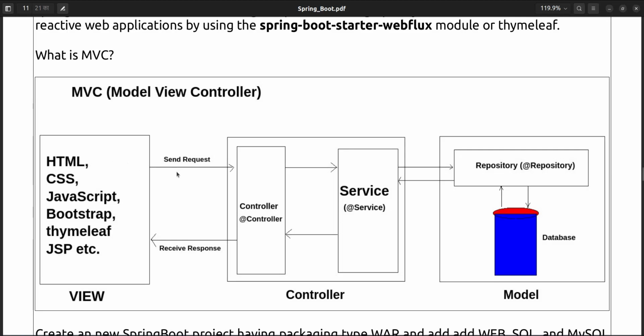Okay, so HTML, CSS, JavaScript, Bootstrap and Thymeleaf, those technologies can be used to create the view. View is nothing but the UI. UI will send a request. UI will send the request in the form of HTTP protocol, hypertext transfer protocol. Using HTTP protocol, your UI application will send a request to controller. Controller is nothing but a Java class, and that will handle